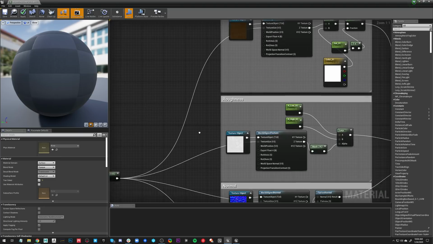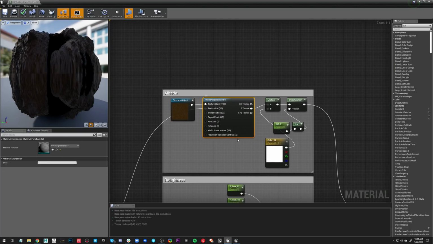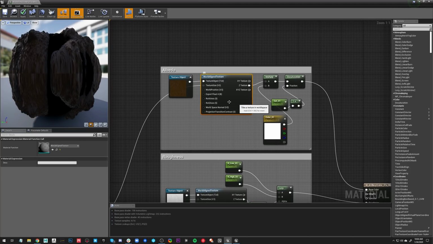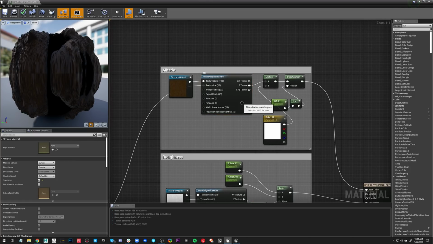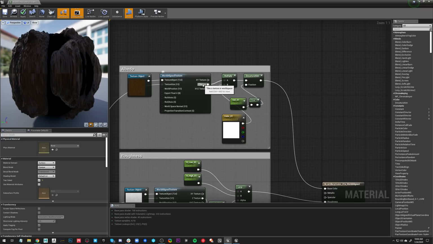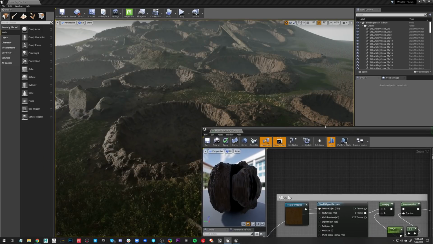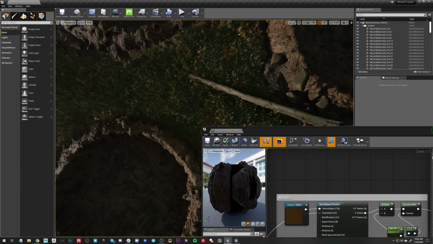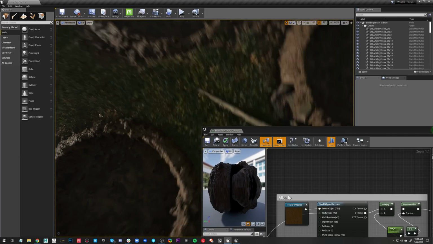Now this gets looped into a WorldAlignedTexture node, and this comes default with Unreal Engine. This is a material function that allows us to project on some different axes. For this material function, we can output several different channels. We have the Z texture, and typically this is what I use the most often. That's just going to project our texture directly down from the top direction. So if you're in the editor looking straight down, that's what it's going to look like.